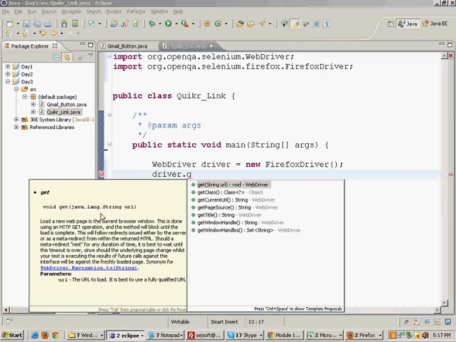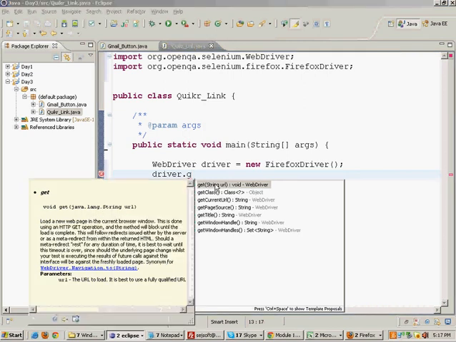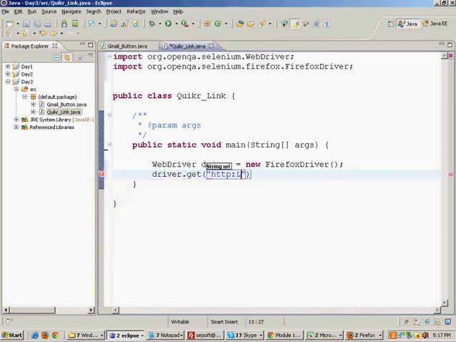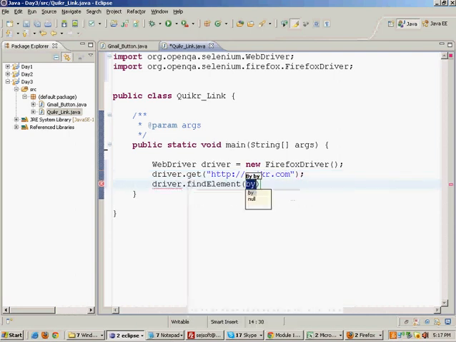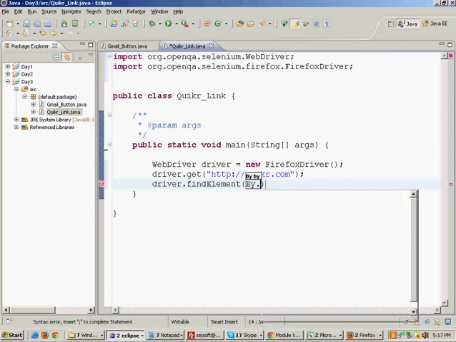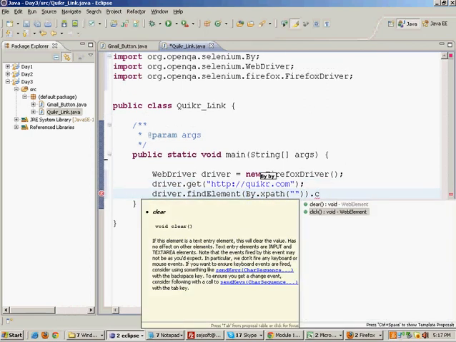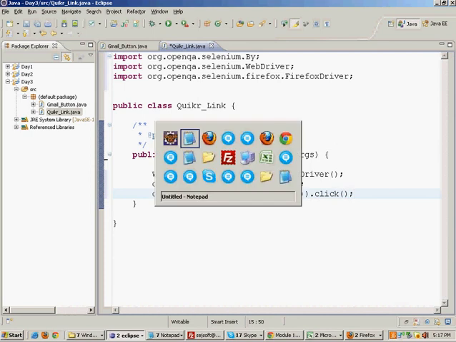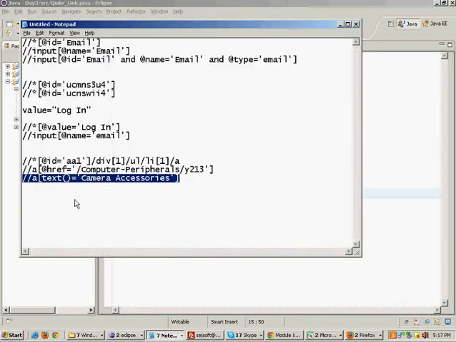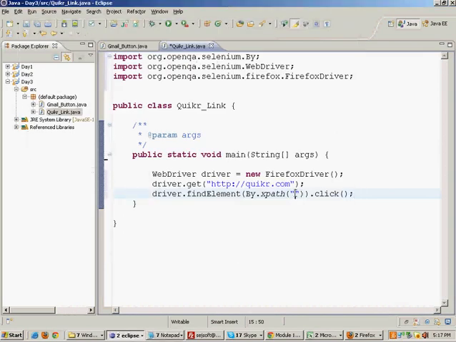You see now you're getting the documentation as well, right? Driver dot get http quicker.com, and driver dot find element by the XPath dot click. And the XPath, I will give this XPath having the link text.